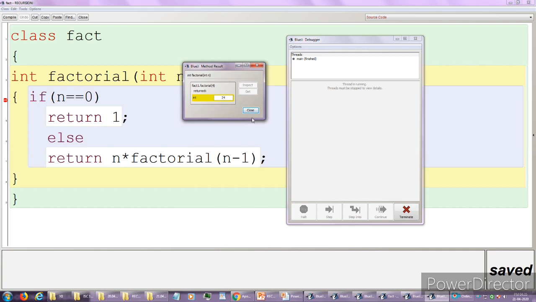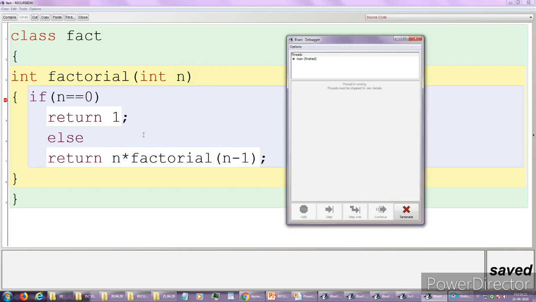So definitely there are some special features which we can use when we use recursion. Which features? Where this yellow line is blinking again and again. And why n equal to 0? Because as per mathematics, factorial of 0 is 1.